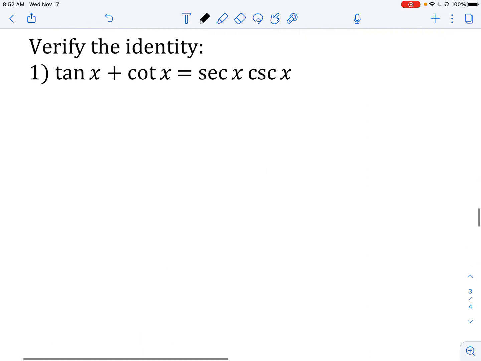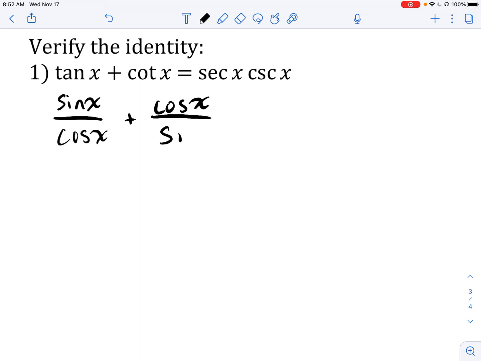Sometimes there will be certain cases where there are no fractions to add, no products to find, no opportunities to use any Pythagorean identities. So this is one of those cases where it might make sense to rewrite our trig functions in terms of sine or cosine. For example, in this first one, we notice that tangent is equal to sine x over cosine x. Cotangent x is cosine x over sine x,